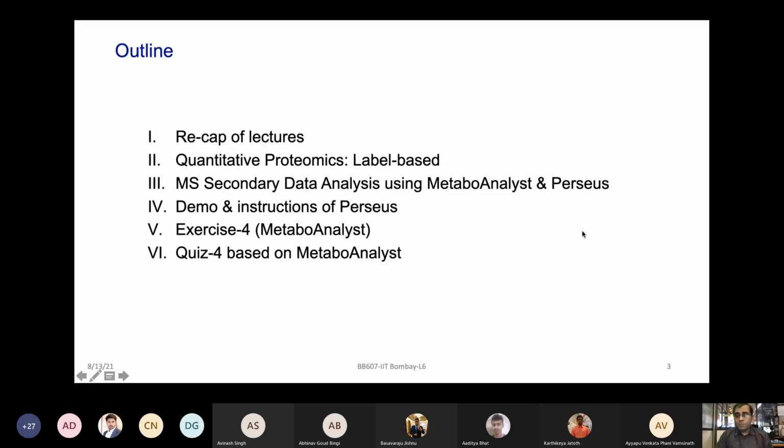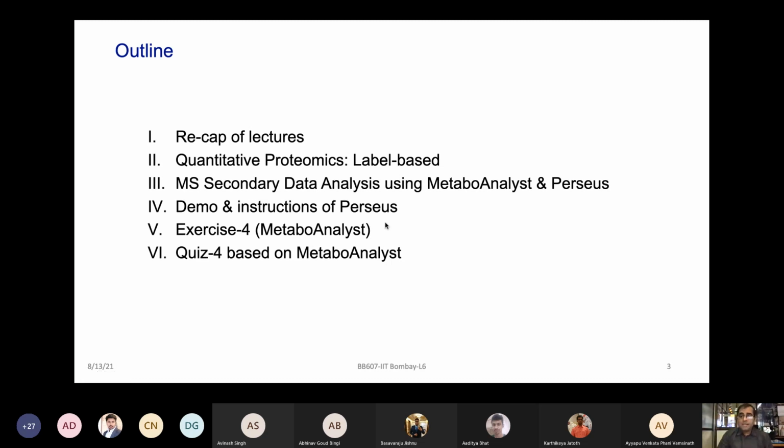So for doing that, quantitative proteomics becomes very important, and there could be different ways of doing quantitative work using gel-based, gel-free or label-free biosensors. Right now, we are primarily focusing on the label-free and label-based mass spectrometry-based approaches. As in the previous lecture, you have already started seeing that mass spec data, especially quantitative data, could be analyzed using different open access software, and especially MetaboAnalyst was introduced to you. Today we'll continue in that light and also introduce you to a new software, Perseus. So some instructions and demos will be given of that.